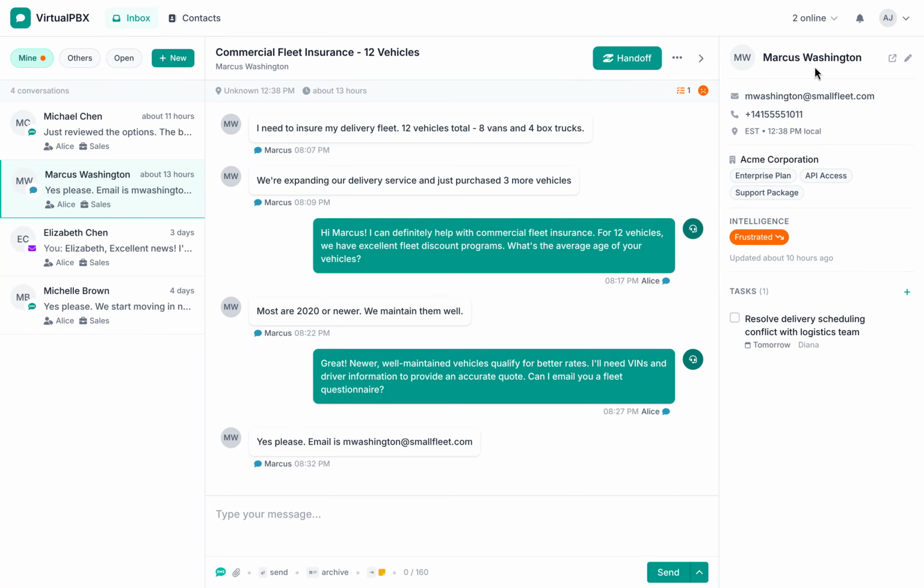So the contact panel, we've done a little bit of work there too. And you can see here, Marcus Washington. I can see who the contact is, the relevant information. We defaulted to East Coast time. We assume it's 12:38 p.m. right now, local time for them. And if Marcus's contact info matched a customer in our billing system and in the near future in our CRM system, it'll